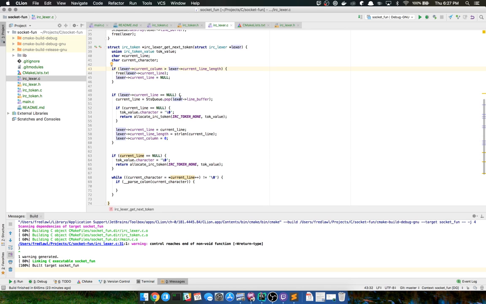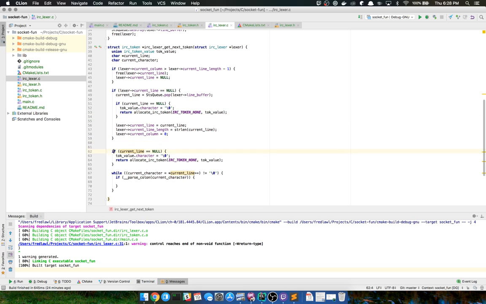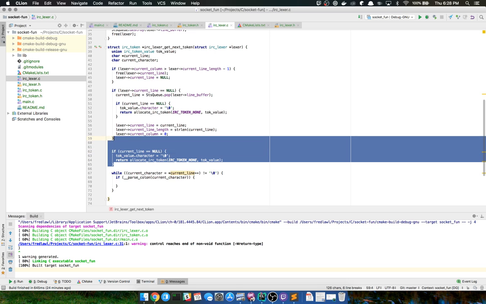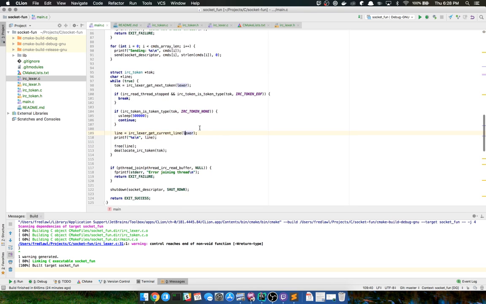I don't want that null terminating string piece to it, so I'm going to subtract 1 from the current length. So it should be current column starts at index 0, so when it reaches the actual line end of the line length, that's not the null terminating character, then if it's greater than that, which would be on that null terminating character, I'm just going to go ahead and free it, kill it, and then call this next piece here. Okay, that should take care of that. Get rid of this here. I'm going to go back to my main function real quick.